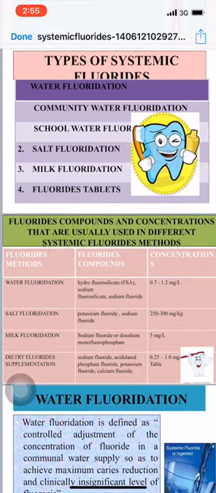For example, water fluoridation: hydrofluorosilicate وهذا الابريفيشن مالتها اللي يكون الصوديوم فلوروسيليكيت and sodium fluoride. الكونسنتريشن مالته 0.7 to 1.2 ملغرام per liter. Salt fluoridation: potassium fluoride and sodium fluoride ككمباوند موجودة، والدوز الكونسنتريشن مالتها يكون 250 إلى 300 ملغرام بير كيلو